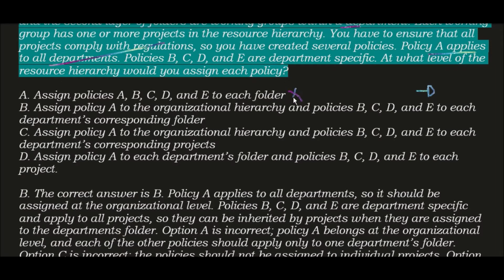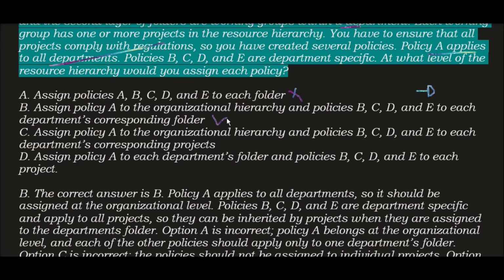Now option B, assign policy A to the organizational hierarchy and policies B, C, D and E to each department's corresponding folder, is correct here because policy A applies to all departments, so it should be assigned at the organization level, and policies B, C, D and E respectively are department specific and apply to all projects.